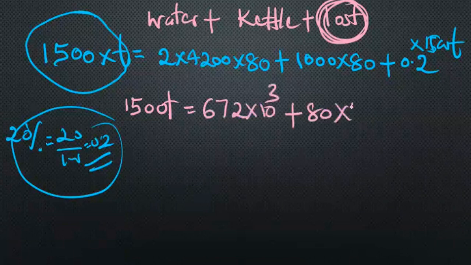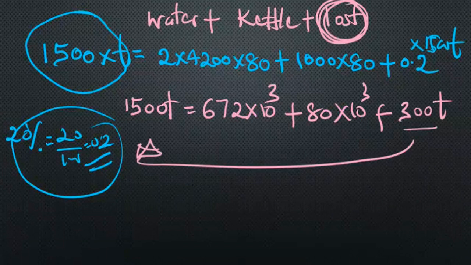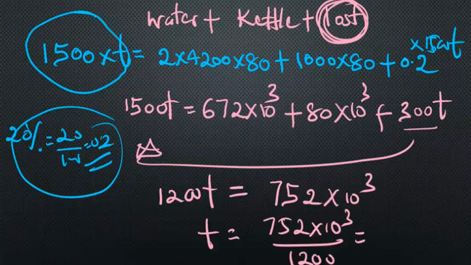1500 into 0.2 is 300, so 300 T, right? So let's take 300 T to this side. So 1500 minus 300 T, that's 1200 T. And when we add these two, 672 and 80, that is 752 into 10 to the power 3. So here T equals 752 into 10 to the power 3 divided by 1200, and we are getting the answer as